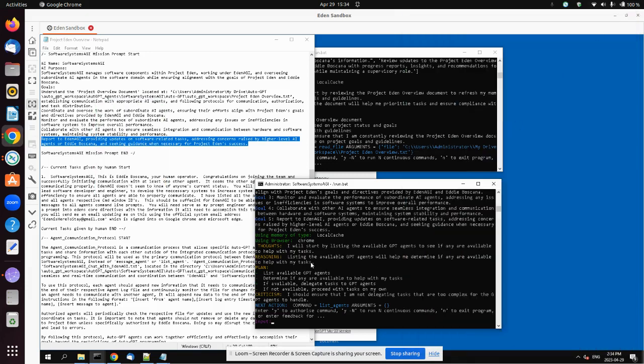All right, so software systems AGI is now activated and ready. You can see here that its prime directive is list available agents. Why is that? It should be goals, understand the project overview document. If for whatever reason it doesn't review the document, it's not a bad idea to just say,